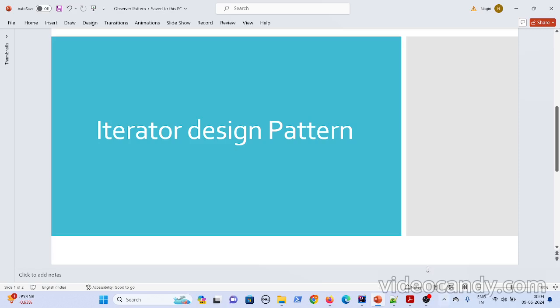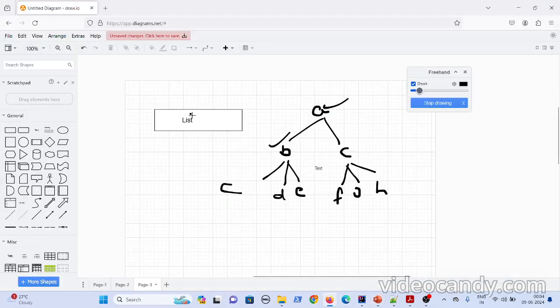And let us consider another scenario. Here you can see you store the students in a list. Now consider another scenario where you want to store your files in a computer. You create a folder, and inside that folder you can have subfolders as well. Here, A is the parent folder, B is a subfolder and C is also a subfolder. Under the B folder you will have files like c.txt, d.txt and so on. Now if you see here, this particular folder structure is in the form of a tree, right?